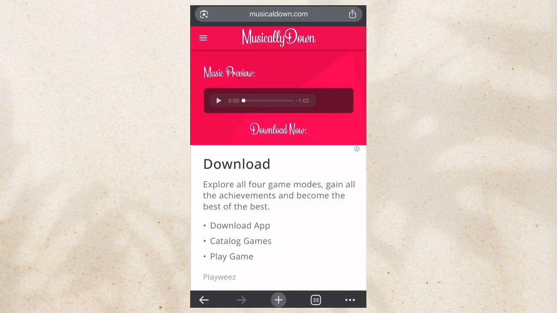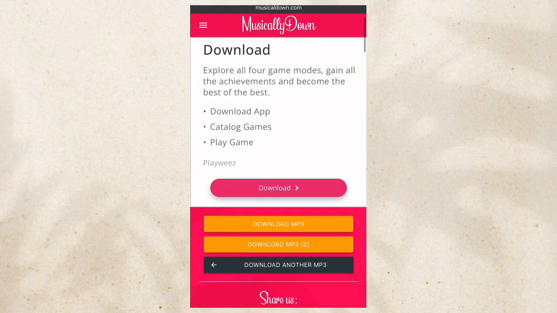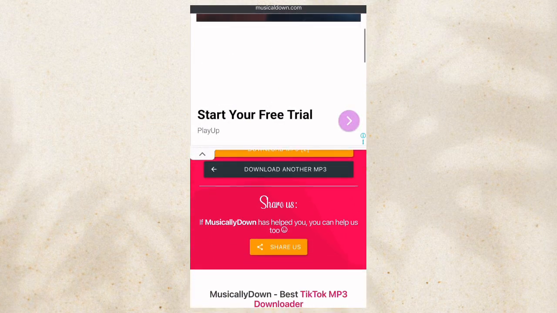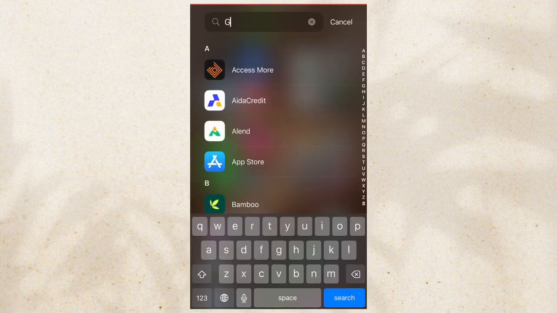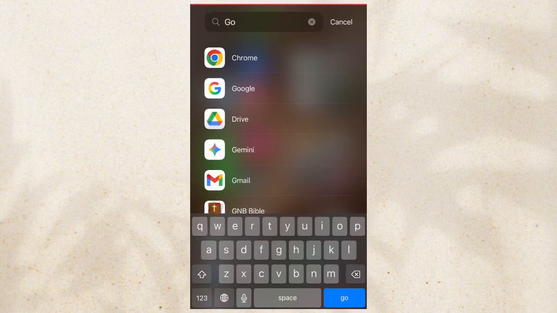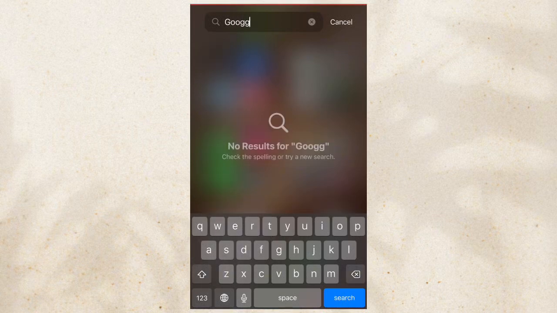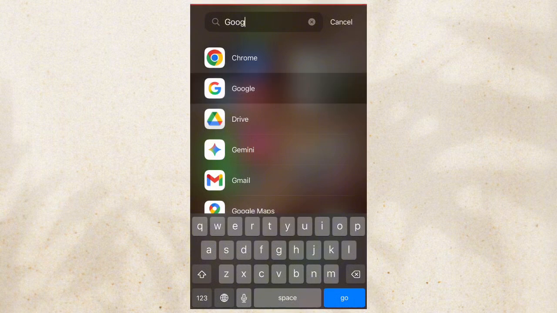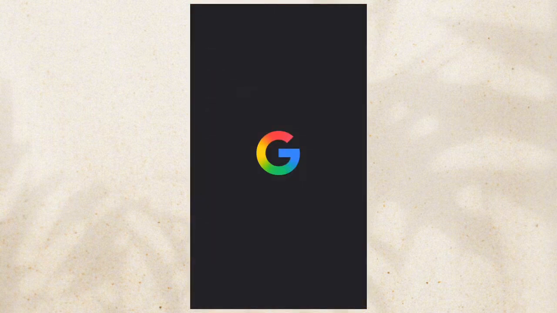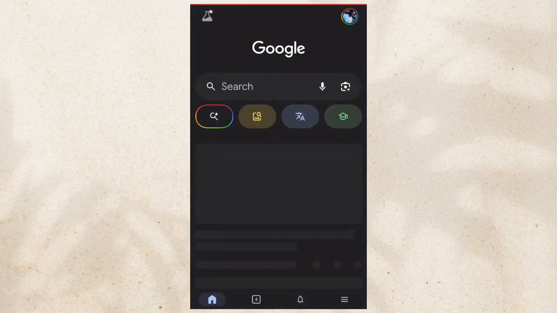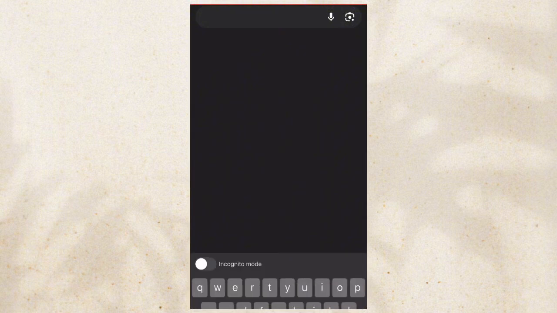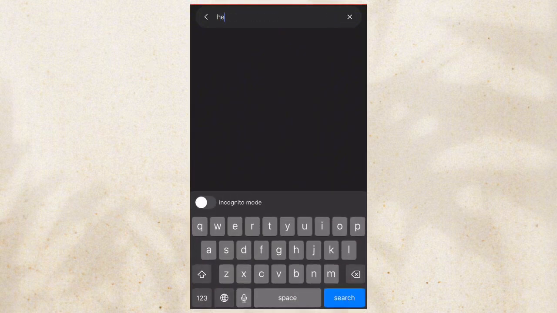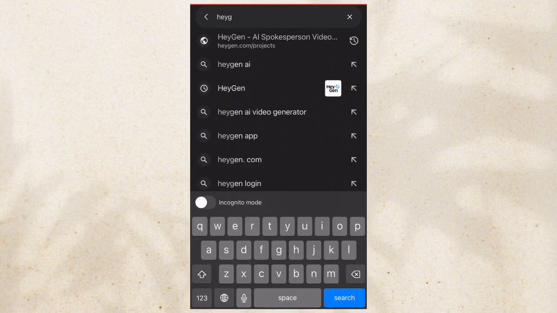So after getting the music that you want to use, you head over to the apps you are going to use to generate your AI singing videos. In today's video, I'll be showing you 3 ways you can generate your singing videos. I'll show you the first one and the video it generates, then the second one and its video, and then the third one, so that you can make your choice depending on the type of video you want to create. The first app we'll be using is HeyGen AI.